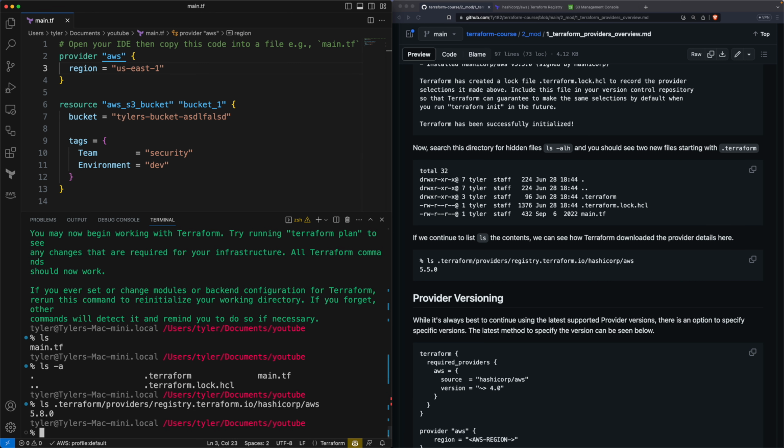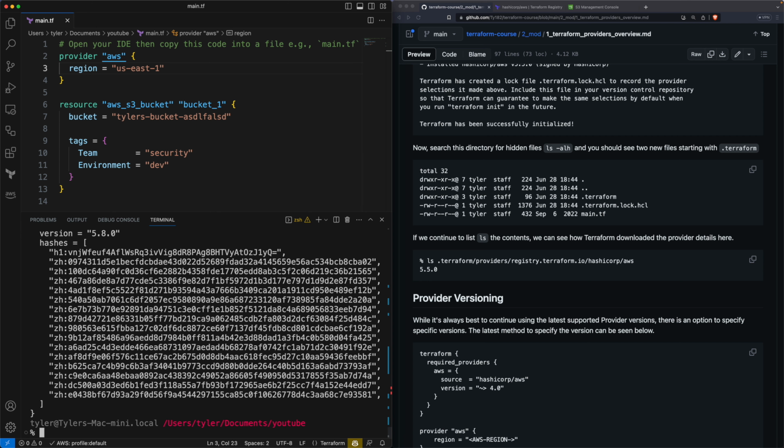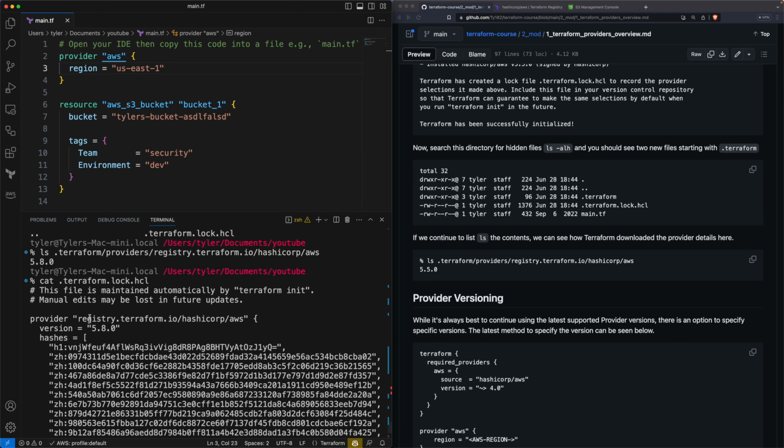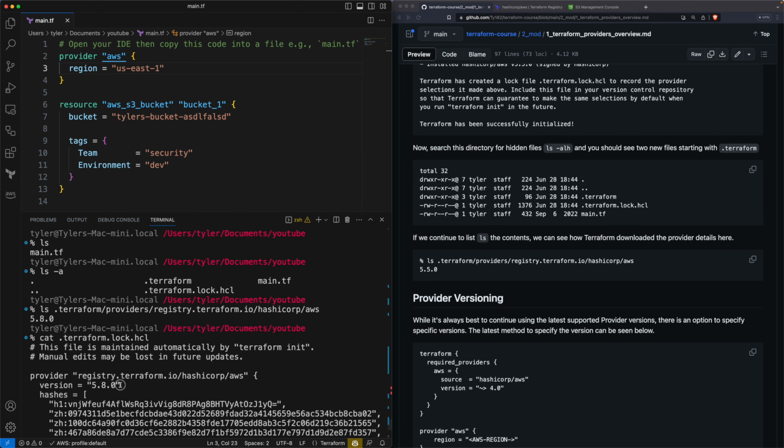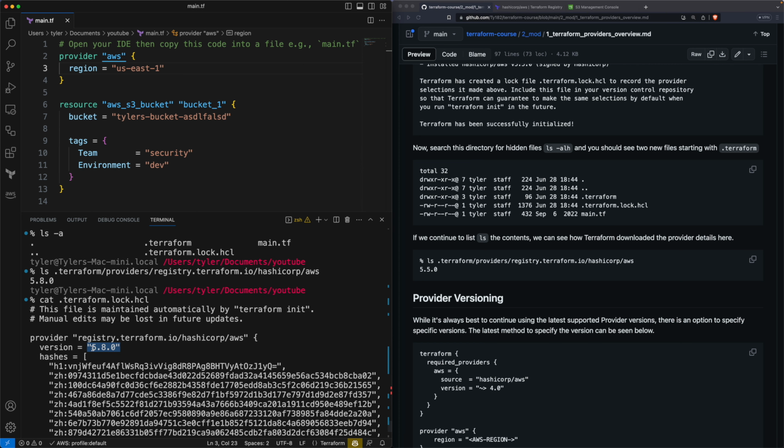If we do that, we can see that this houses the folder for the AWS provider of version 5.8.0. We can also cat, or read, the other file, .terraform.lock.hcl, and if we open it up, it tells us exactly which version we're currently using for the provider,